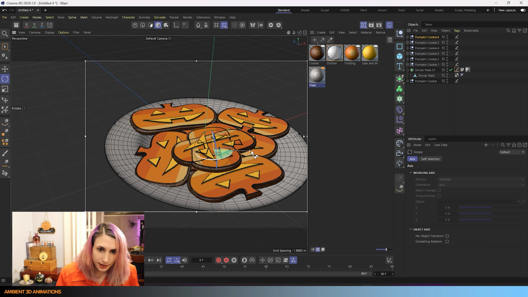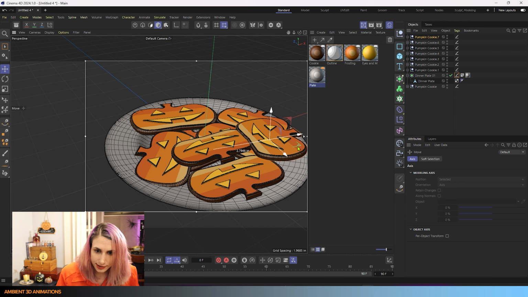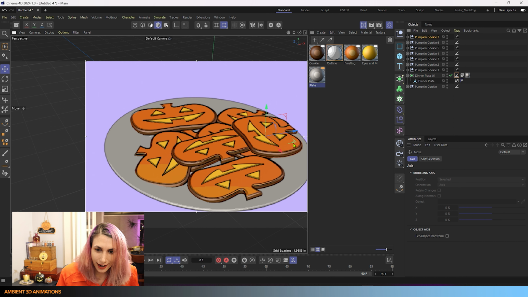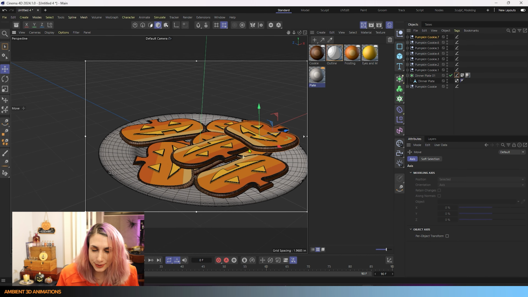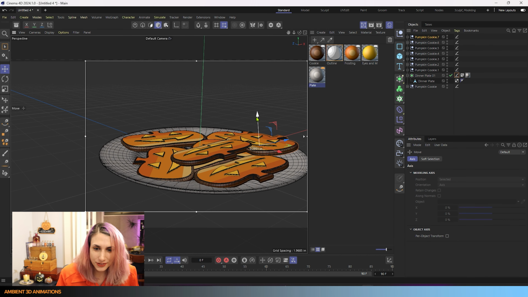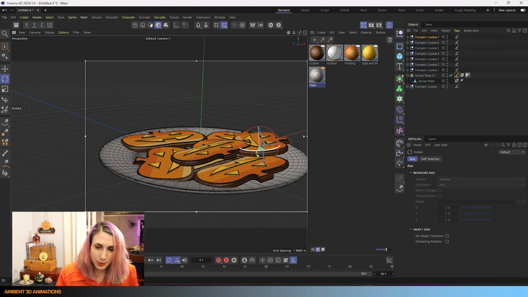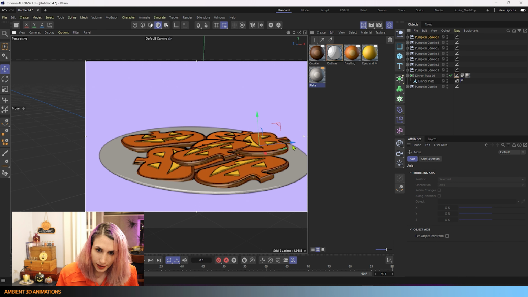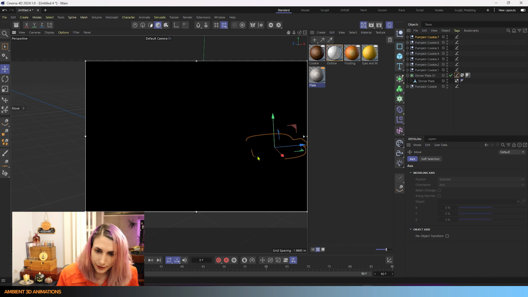I think one of the fun things about this is just how quickly you can get something that looks fun and cool, because we just used some very, very, very simple 3D modeling tools for this. We used the spline pen. It's actually one of the simpler tools in here, and you could get something that is pretty fun.